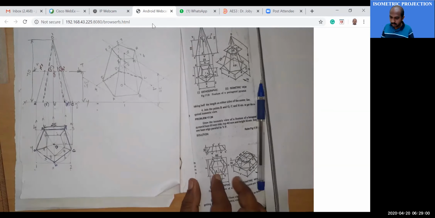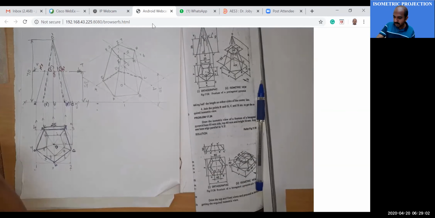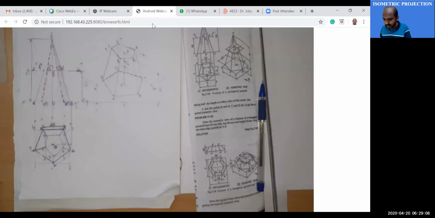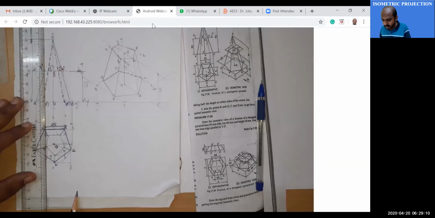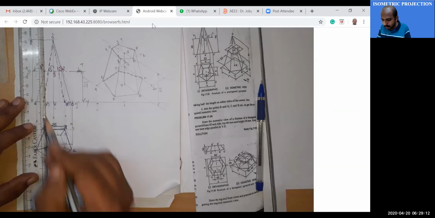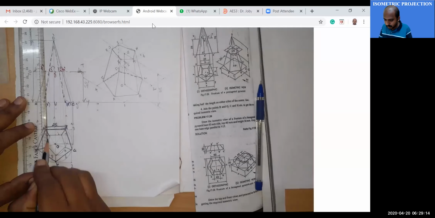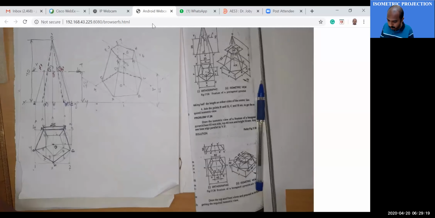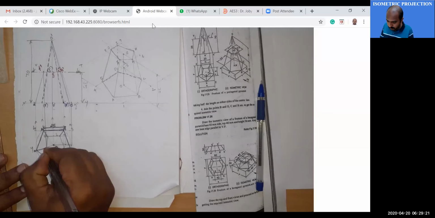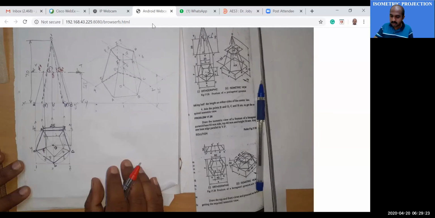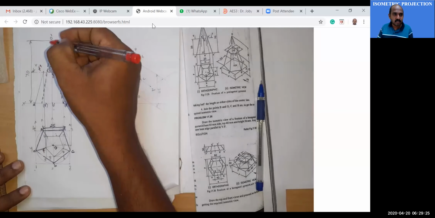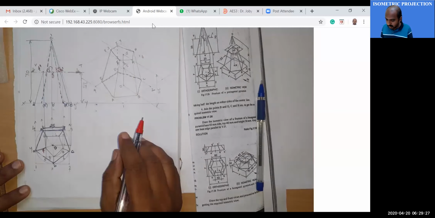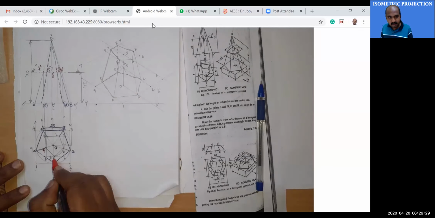Now, from each cutting point of the front view, F dash is on O dash A dash. So what do you do? From F dash, you draw a perpendicular to OA. The point is F, as F dash is on O dash A dash. Now we have G. We will think about it later.